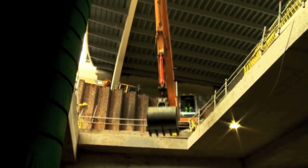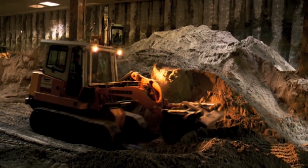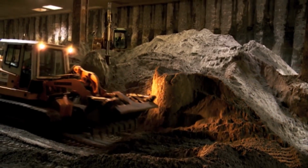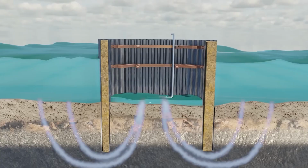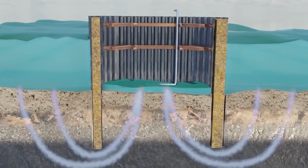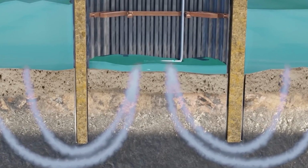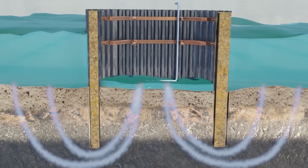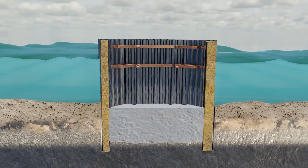As part of the preparation for construction, dredging work was carried out to remove the mud, sand, and silt from the bottom of the dock. The purpose was to adjust the height of the dock floor to create a stable construction space. The soft mud layers were removed as they could cause the structure to sink. Afterward, a solid layer of sand and gravel was added to strengthen the foundation, creating a stable base for the